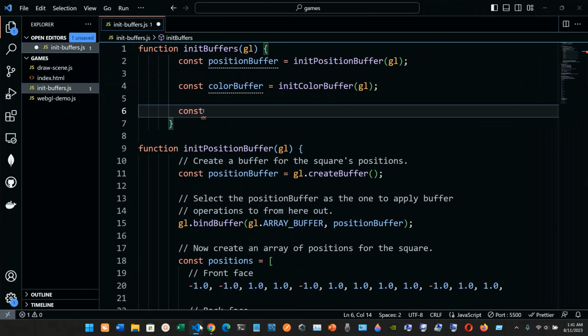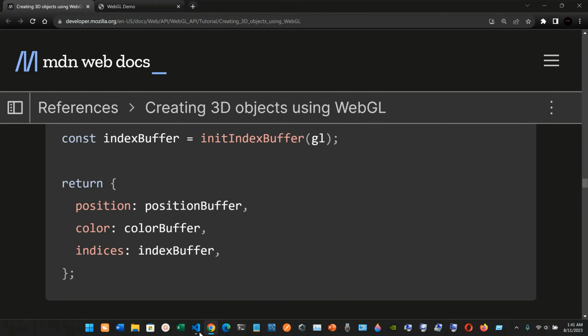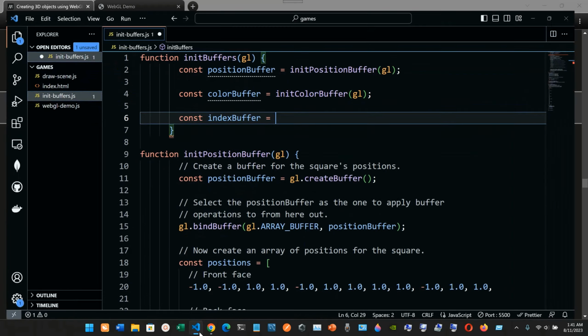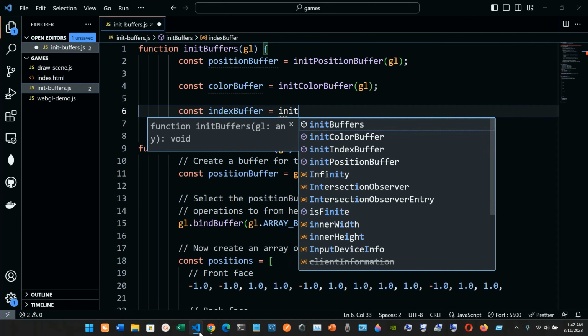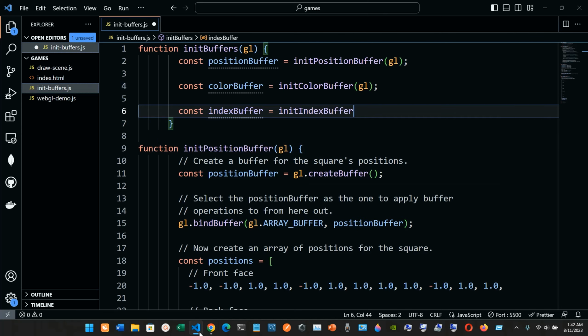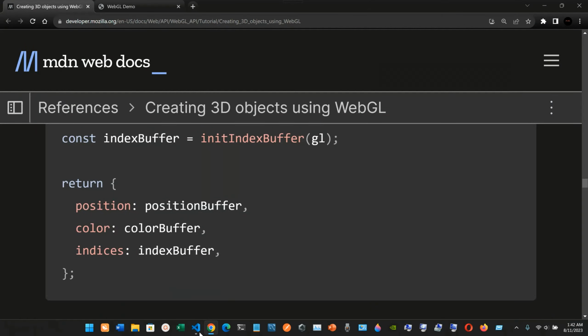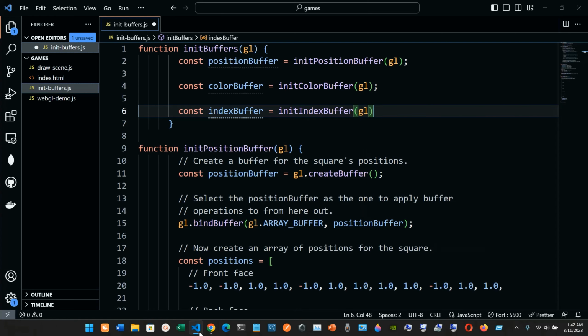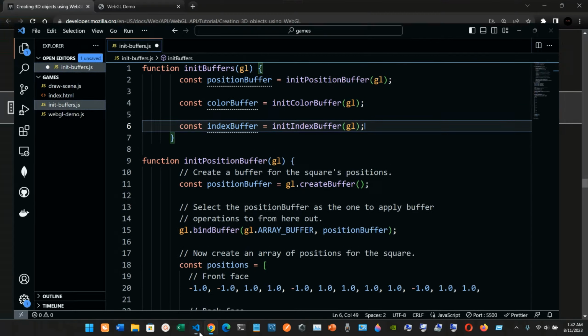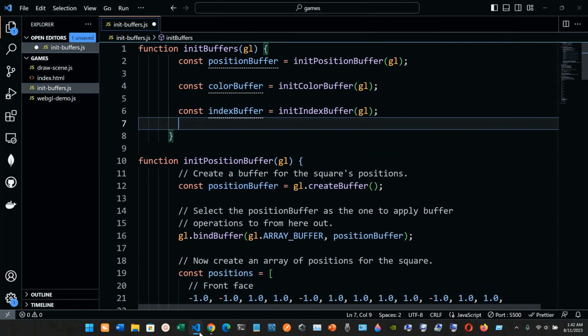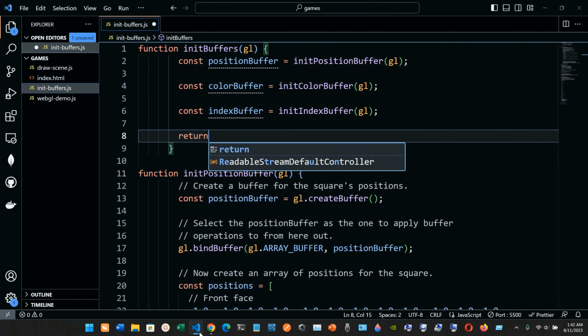it's going to be const, and the declaration is going to be indexBuffer, so we're going to name it indexBuffer and set it to initIndexBuffer. We're going to open parentheses and pass in the gl, ending it with a semicolon. And now we're going to return,